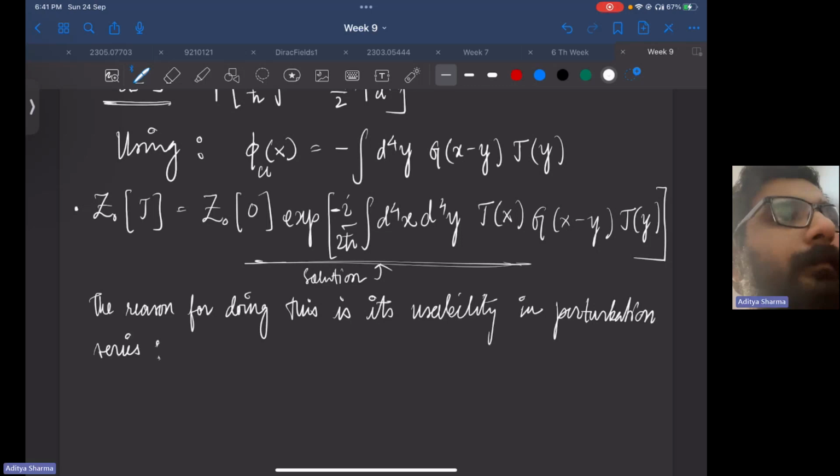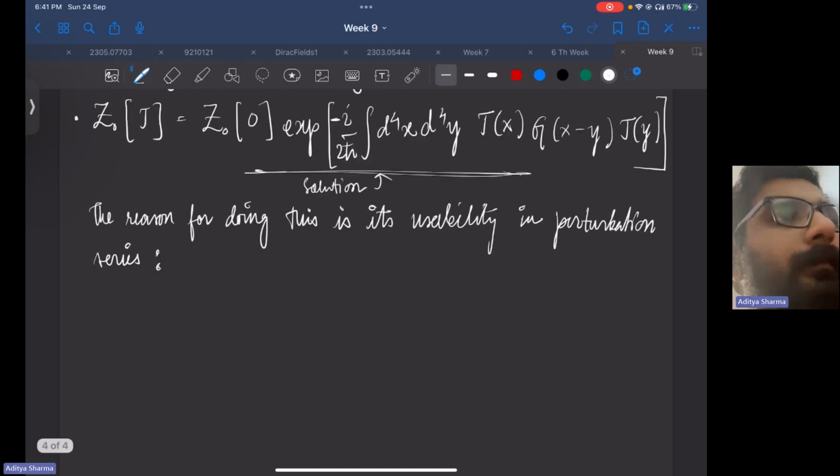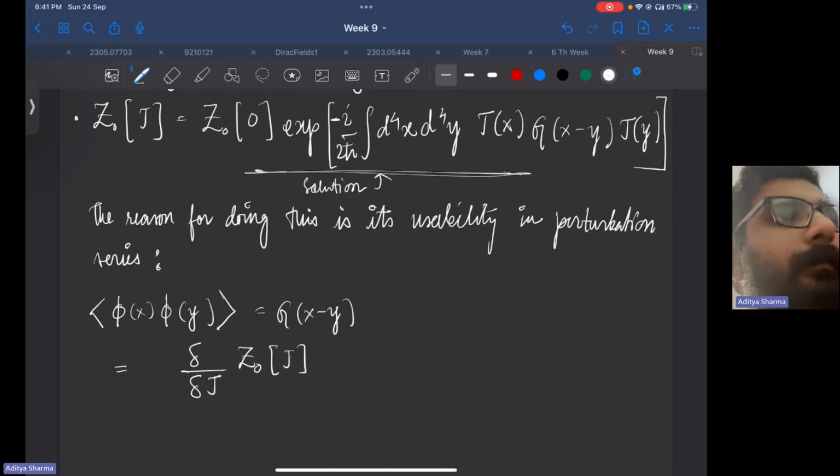What I mean by this is, if you want to find something like this, phi(x) phi(y), this is nothing but G of x minus y. What you're going to do is, you just take del by del J, and then set J to 0. You're going to find the